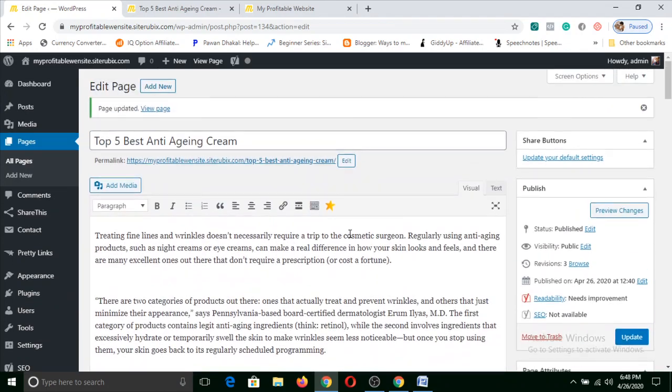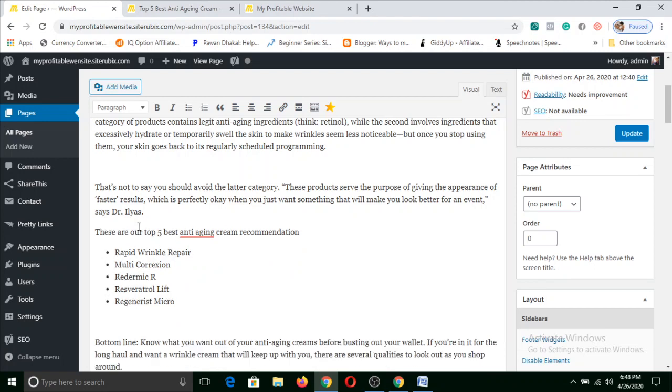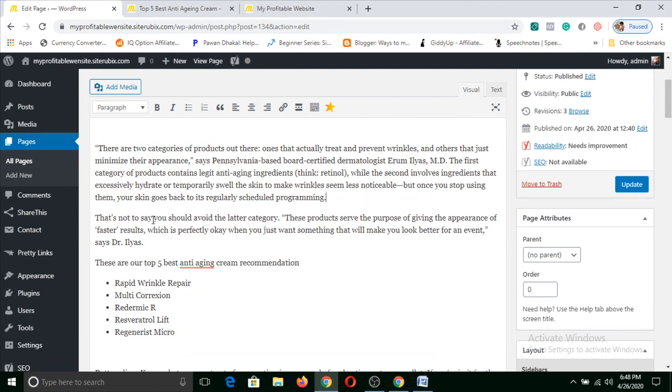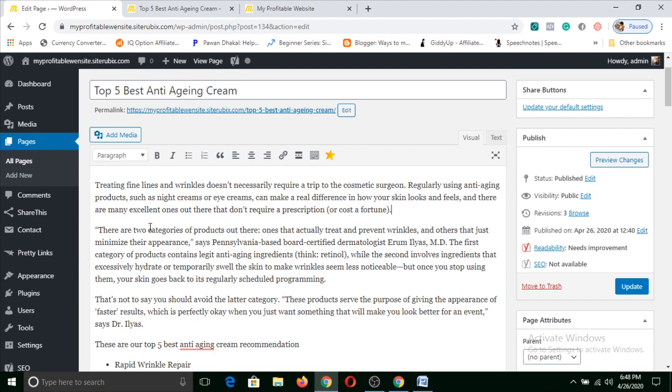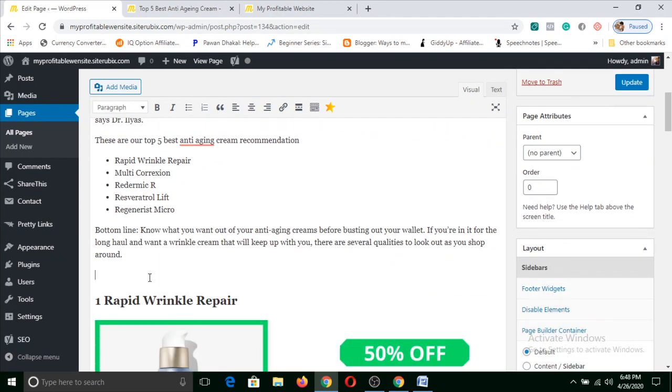Once you do that, you can see there are long spaces here. You can reduce this space by hitting backspace. Just move your cursor here and hit backspace so that it becomes a little bit closer.